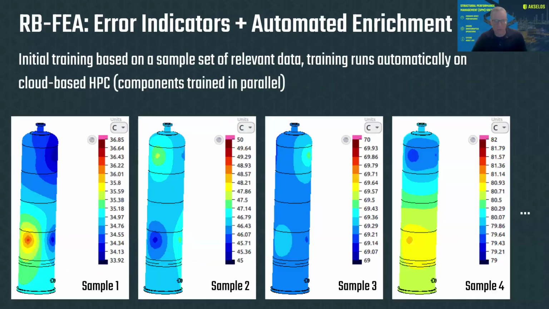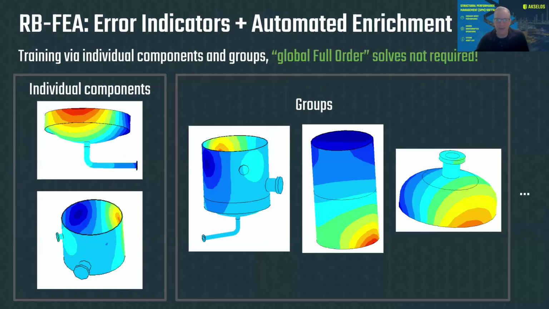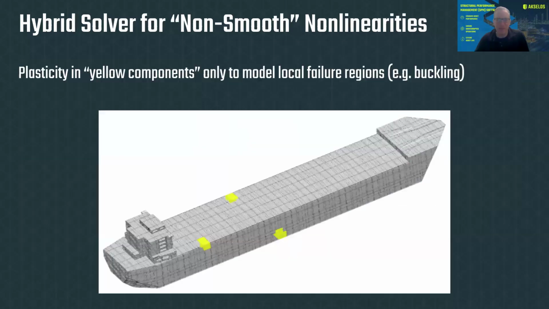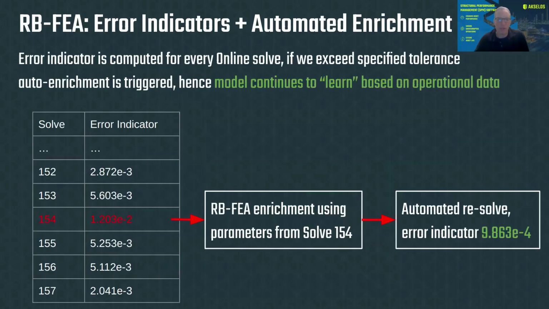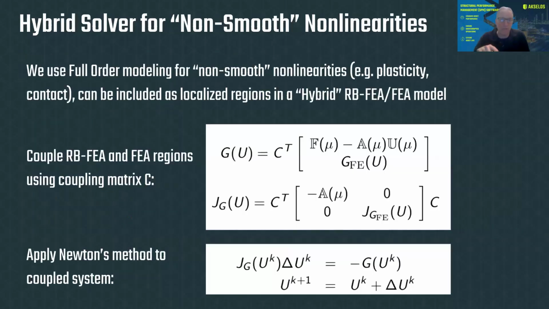I've only got 5 minutes left, so I've got plenty of examples, but one thing I'll just show quickly is nonlinear. As I've said, we can do nonlinear with RBFEA, but if you have nonlinear that's not smooth, like plasticity, for example, that's a good example of what I would consider a non-smooth solution manifold, because as you change the load, the plastic front jumps, right? It can jump from one quadrant point to the next,